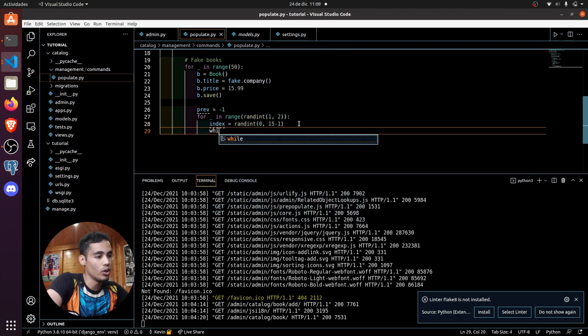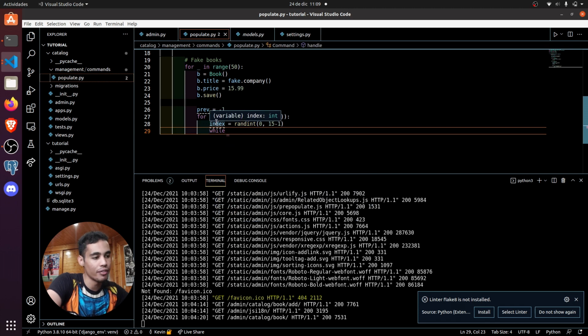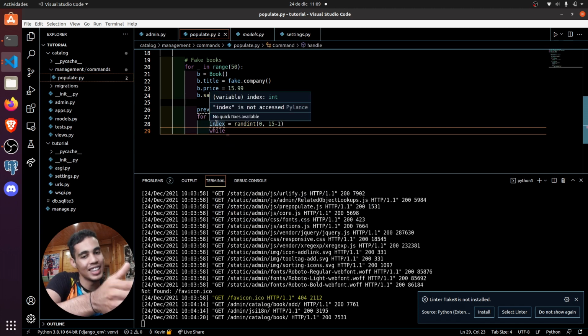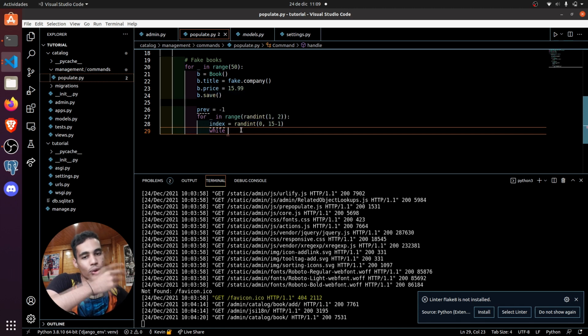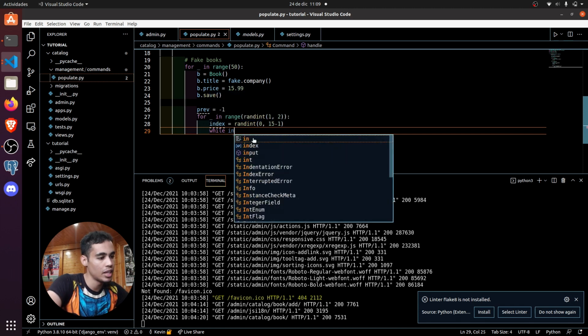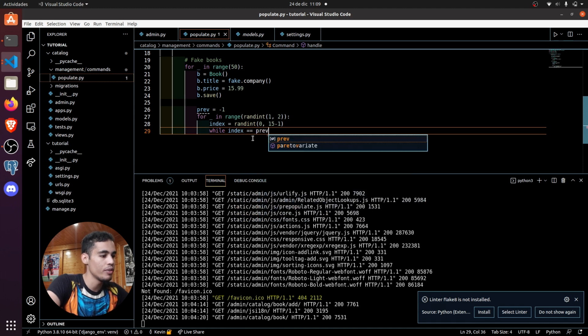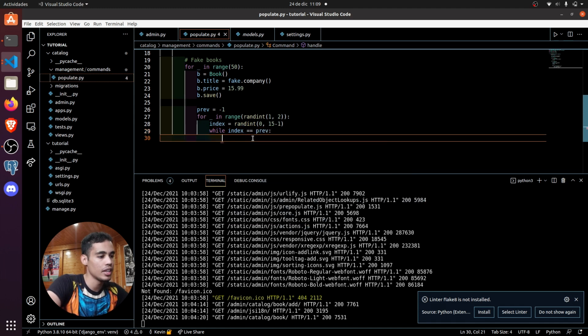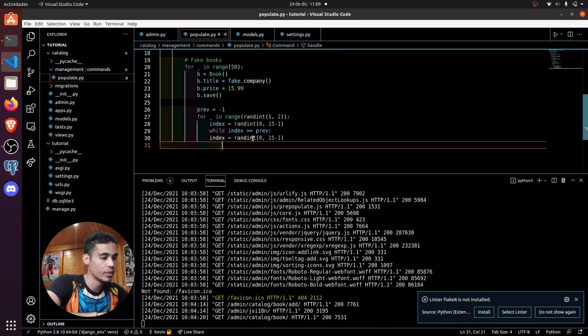So what we can also do here is that, okay, if we have repeated an index in the same book, hey, change. We don't want the same author 2 times in the same book. So for that we say if index is equal to the previous index, we again calculate this. So